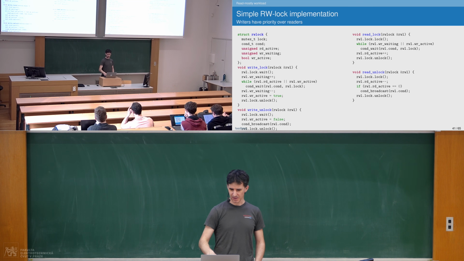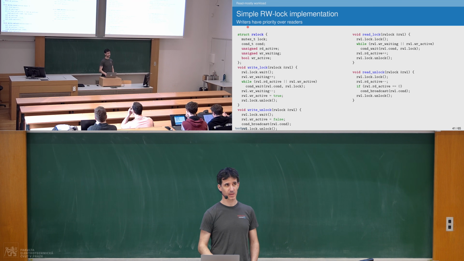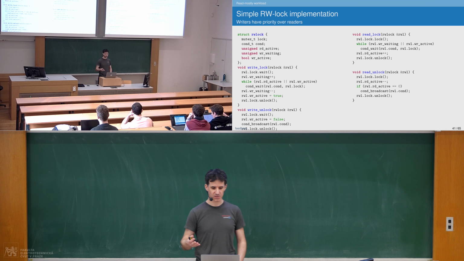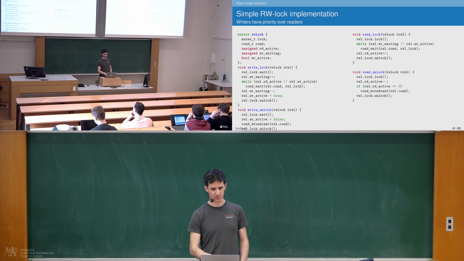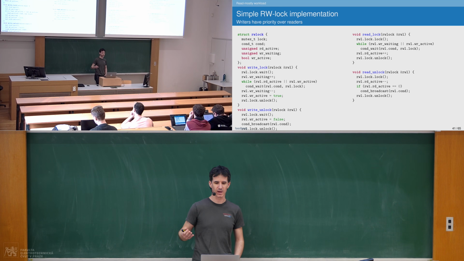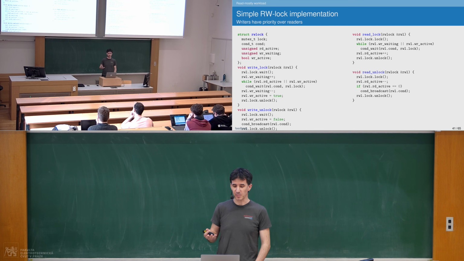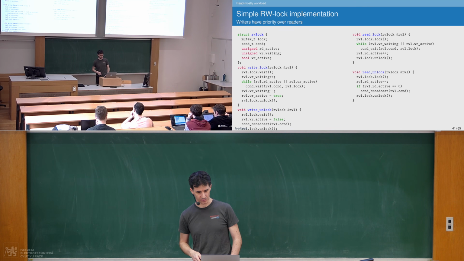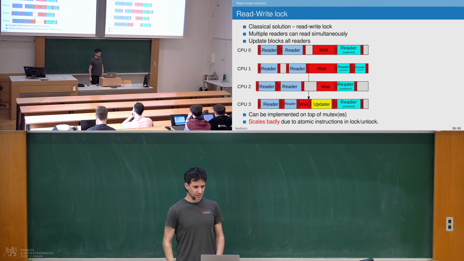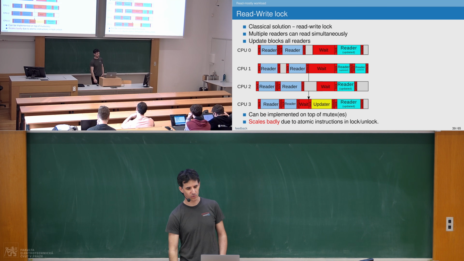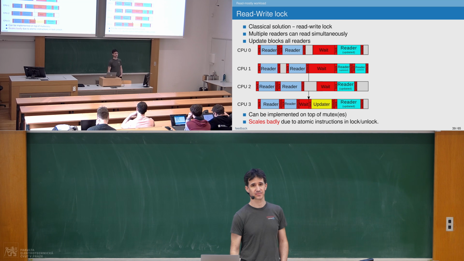Why I am saying that: today you will get a homework where you will work with that, and if you don't select the proper implementation of read-write lock, where writers have priority over readers, your example will not work. So you have to do something about that, and you need to know about the fact that there are multiple implementations that behave differently. Otherwise, your program will not work. So we have read-write lock. As I said, there is still quite a lot of red